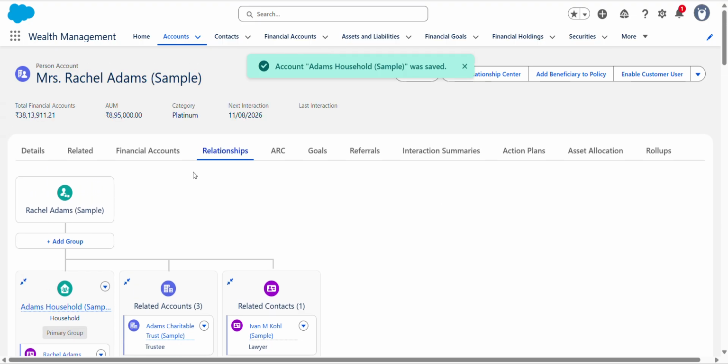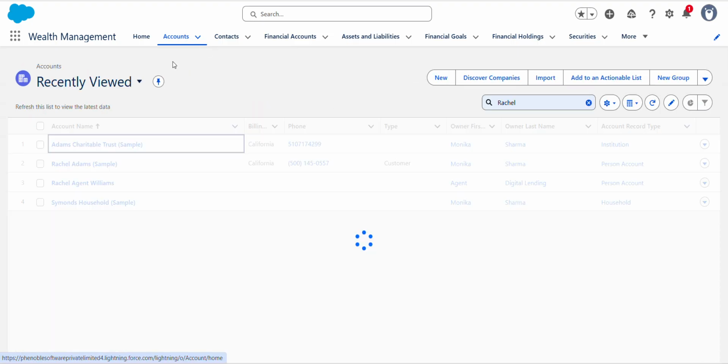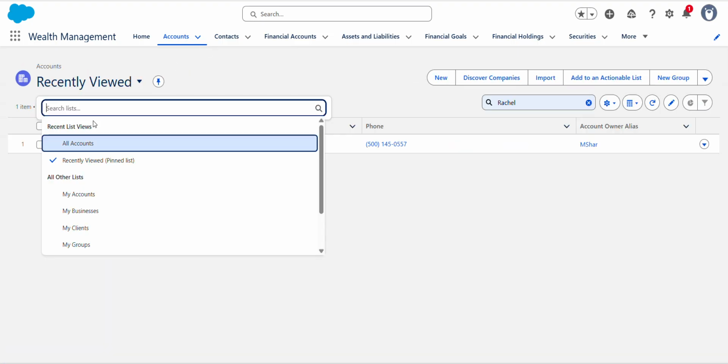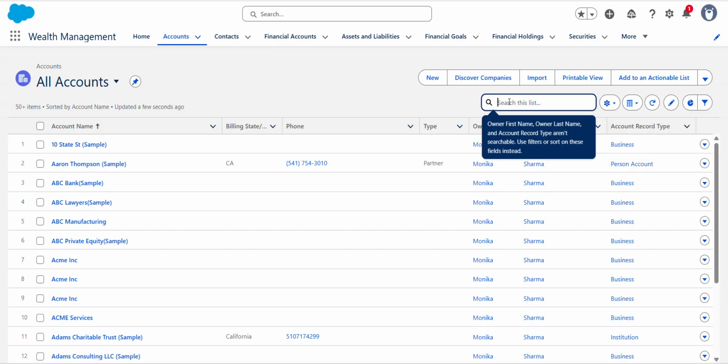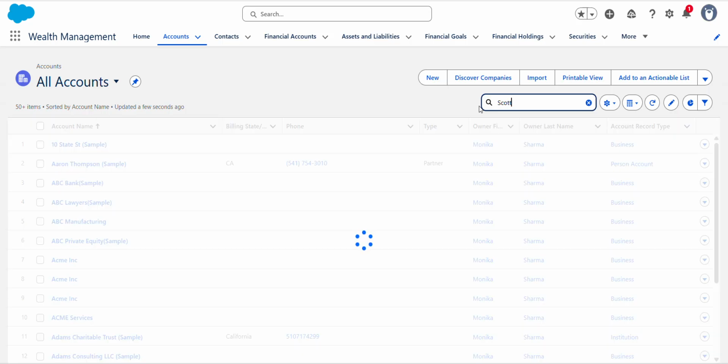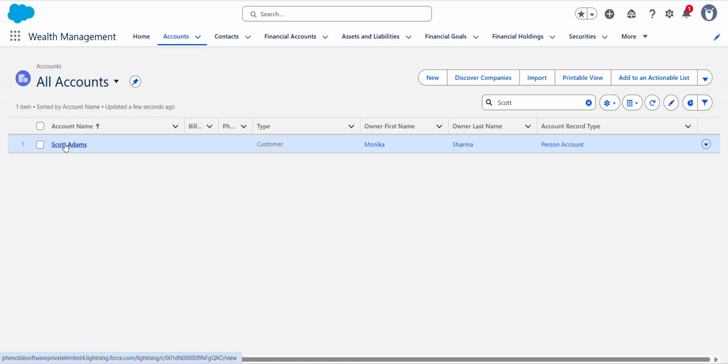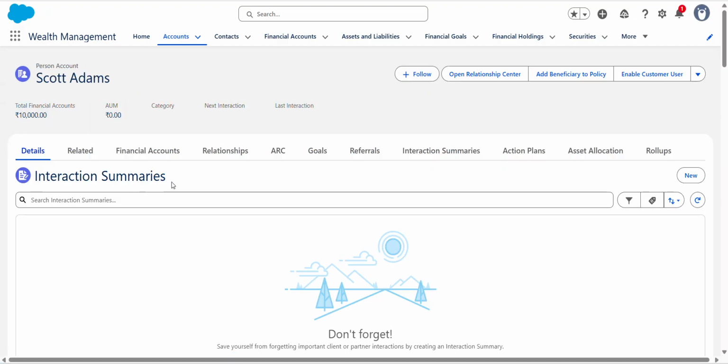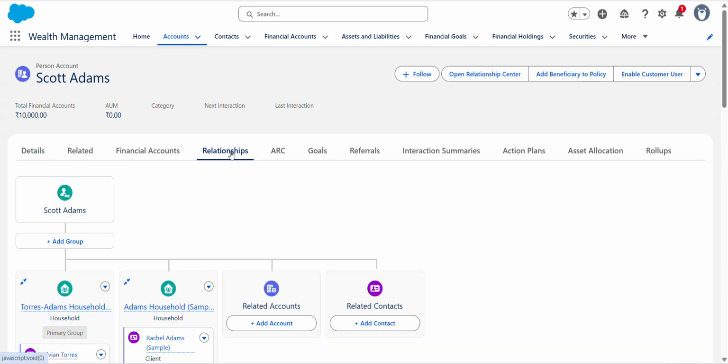Okay, so now let's navigate to the Scott Adams record, right? Go to All Accounts, search for Scott, open this record and open the relationship tab from here.